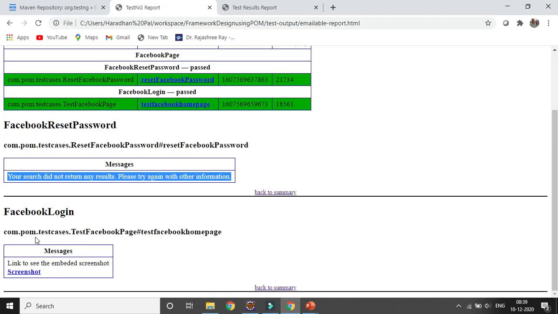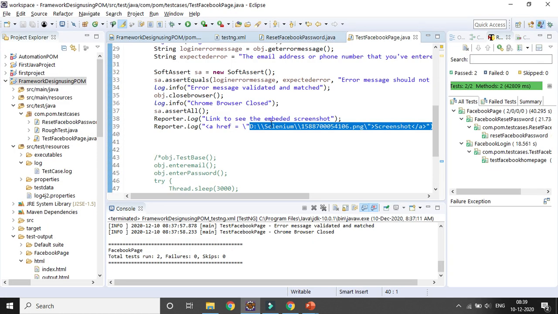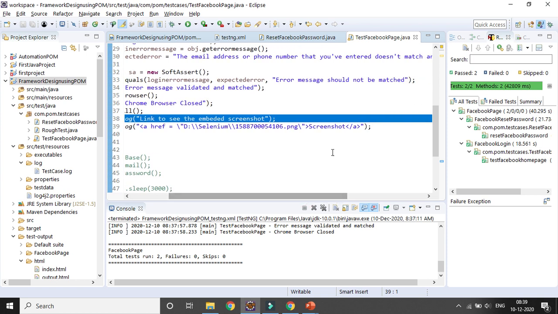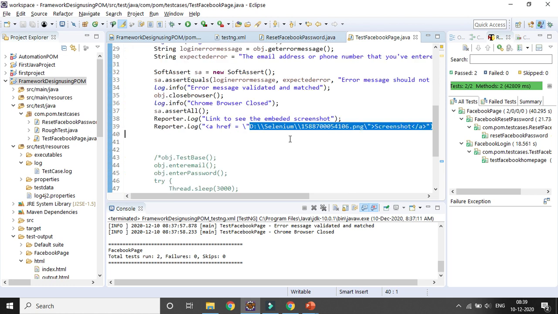Now if you go to the second test case, Facebook login, in the default report you can see the message is there, link to see embedded screenshot. That is the message I want to display, and that particular link I have named screenshot, because that is the link with the anchor tag. Whenever you open the hyperlink screenshot, that particular path will be opened and the screenshot will open.